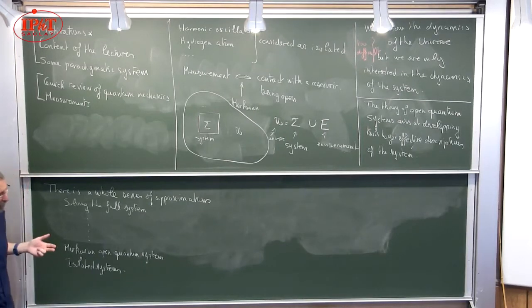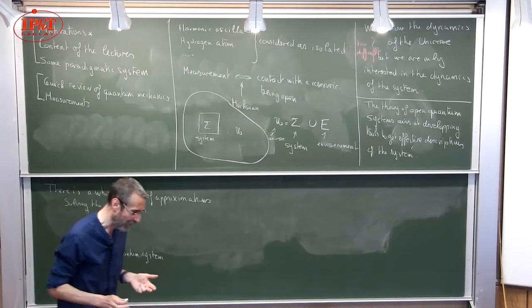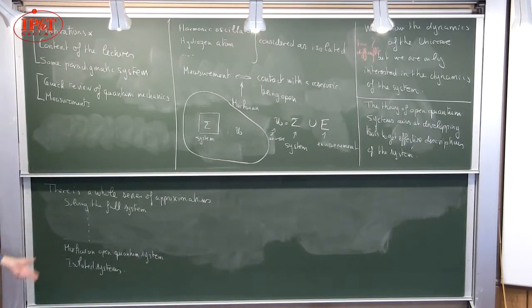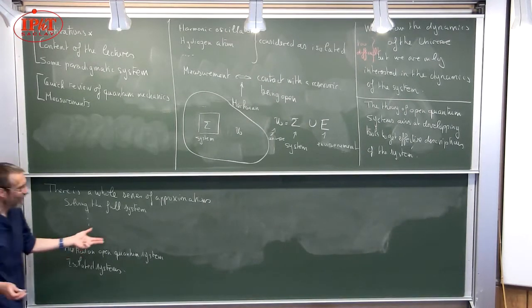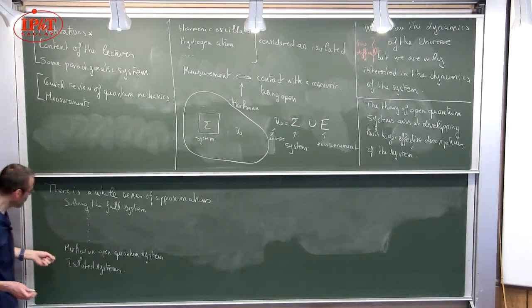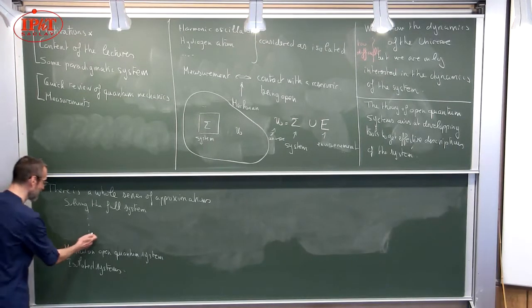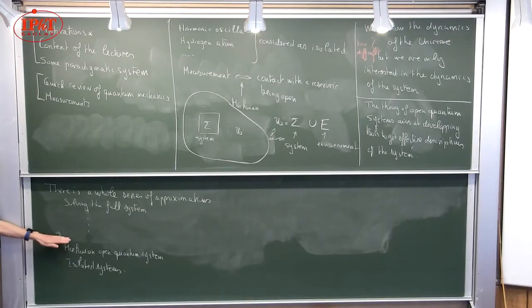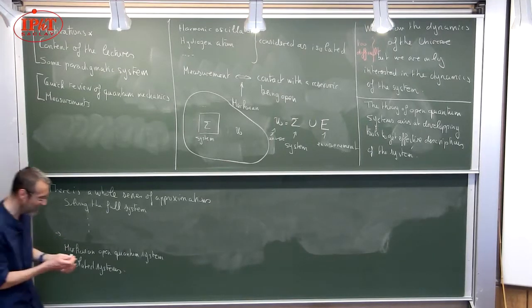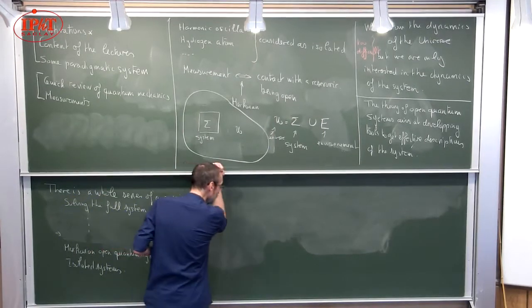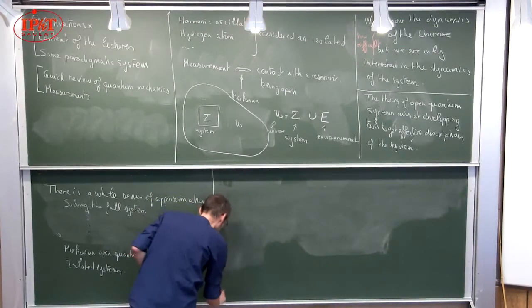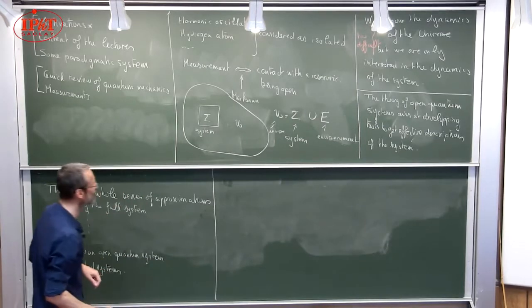There is a very, very good and enlightening discussion of what is going on in Breuer and Petruccione, where they give a whole series of approximations. I would like just to mention one of those approximations, and maybe I will say something about the scale just above Markovian open quantum systems, on an example that is maybe familiar to many of you, that you can formulate either classically or quantum mechanically, because it's essentially the same.